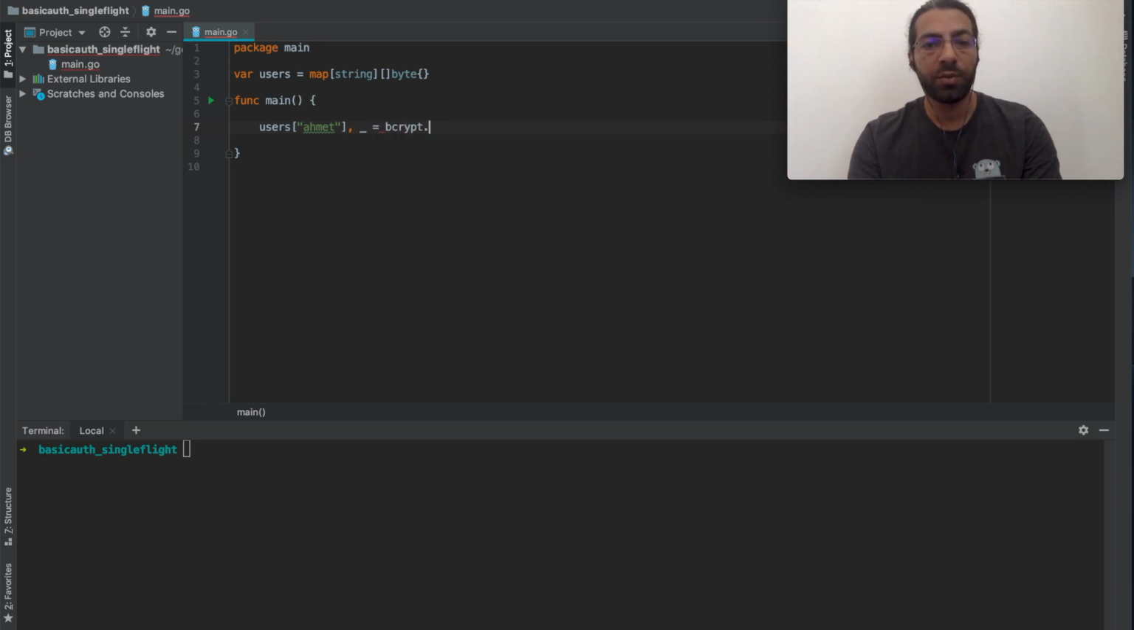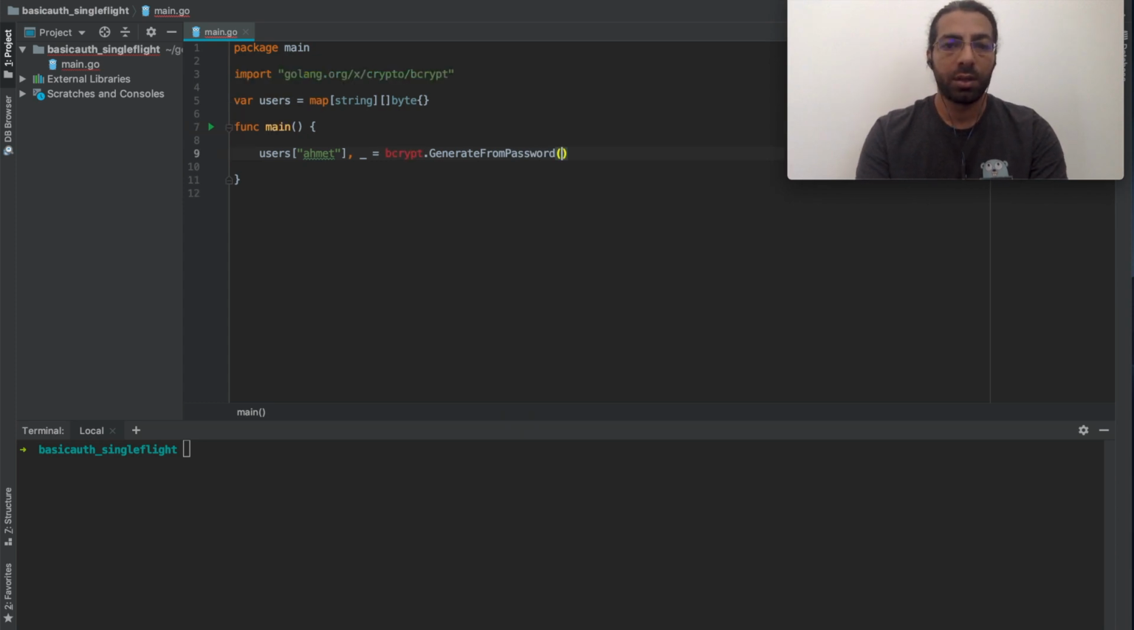We're going to be using the bcrypt package, generate from password, and give that byte slice, and we'll have to set my password to foo, and we will use 10 rounds. So what that will do is generate a bcrypt hash and then store that in here under the key Ahmet. So what we'll do is we'll create a new handler func,